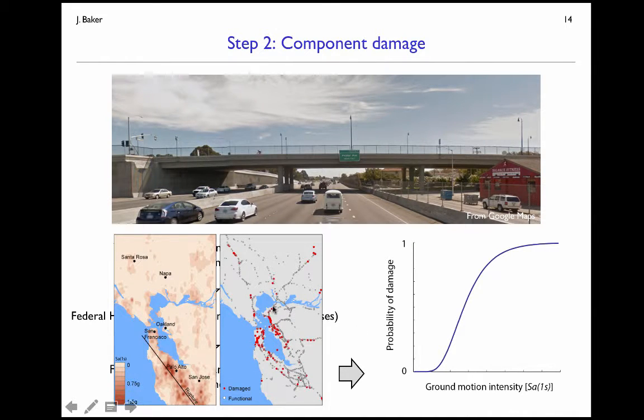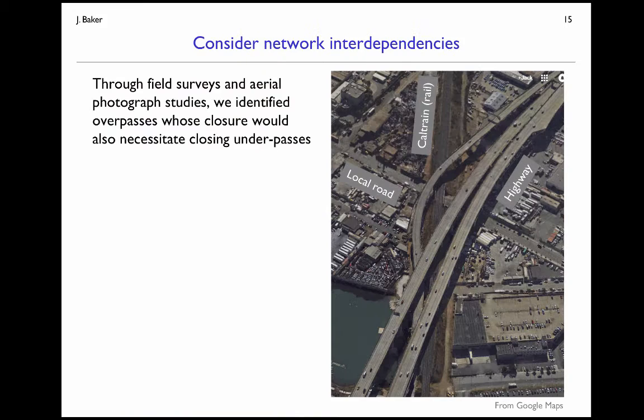Okay, so at this point we're through step 2. In step 1, we generated these realizations of ground shaking intensity. And then in step 2, we use those shaking intensity realizations as inputs to these fragility functions, and then we simulate, with the appropriate probability from this fragility function, whether each bridge was damaged or not. So here's an example in this map of red circles indicating bridges that were damaged, and the black circles indicating bridges that weren't damaged. So we have realizations of bridge damage out of this type of modeling.